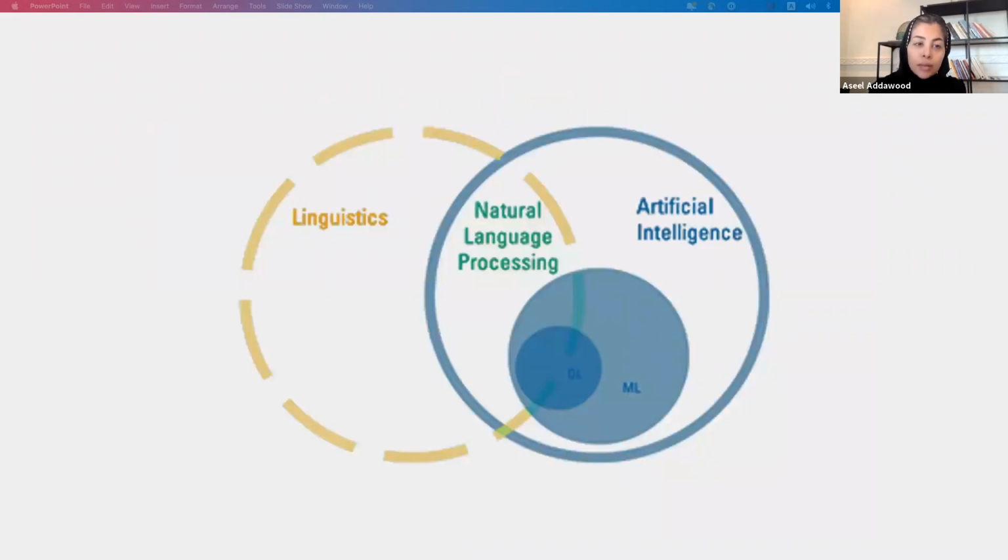Also, if we look at natural language processing and how it interacts with other domains besides computer science, it's tightly integrated with linguistics. When we integrate AI with linguistics, we get natural language processing, because we need some linguistic expertise in understanding textual data, and in understanding how to interact with text data. And as we know, under the umbrella of AI, there are machine learning and deep learning.